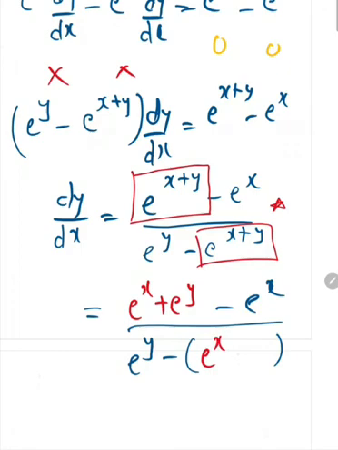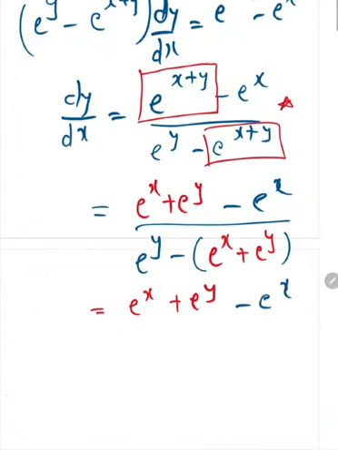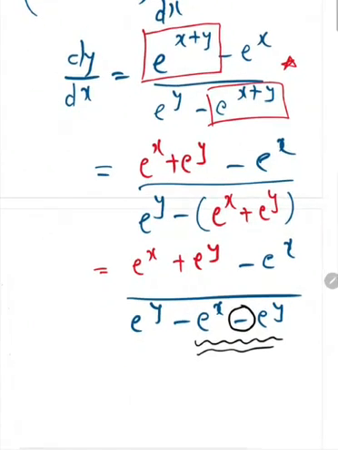When I open the bracket, this plus will change to minus. So observe what I am doing in the next step. This will now be e power x plus e power y as it is. We have minus e power x, e power y, open the bracket, minus e power x and minus e power y. I hope this is clear to everybody. Everybody understood that here, on the sign change, we get minus at this place also? Okay.